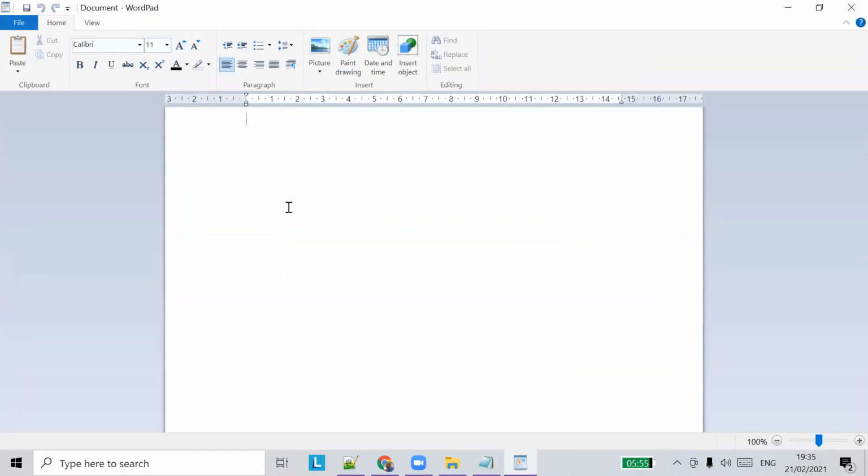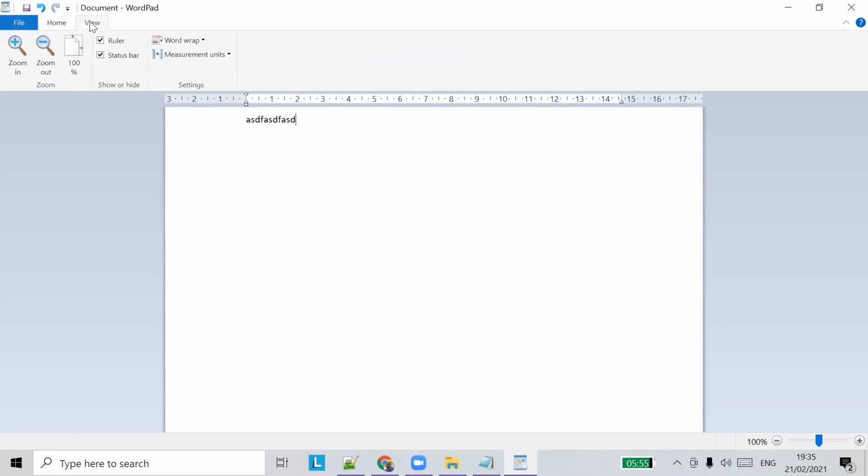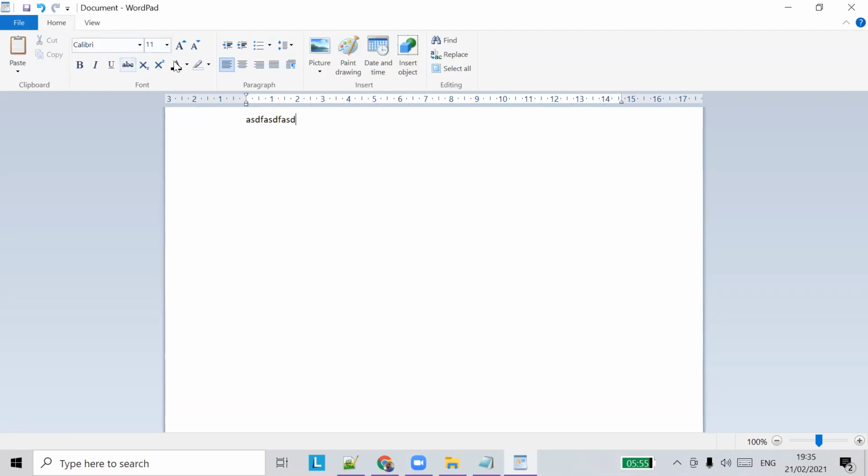WordPad is similar to a text document, but it is more advanced and you'll have a lot of options here. You can insert a picture, do font alignments, and choose font colors. Font colors and all these options are not present in a Notepad file. So WordPad is more advanced than Notepad.